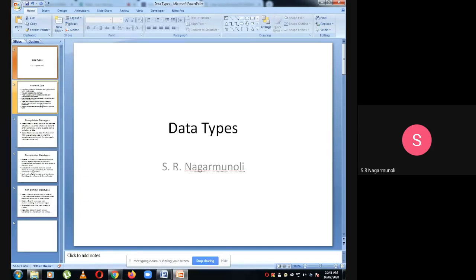Now, before that, we need to know what is the meaning of data types. What is actually a data type? You all have been using the words int, float, character, double, long. All these are data types. You all have been using this. But what do data types actually mean? Data types mean the objects whatever we can represent and the operations we can perform on those data, together called data types.